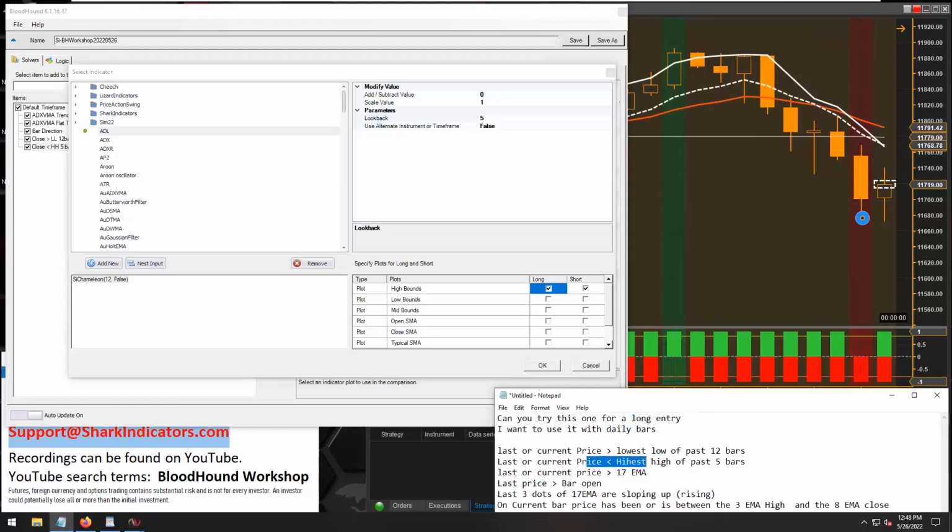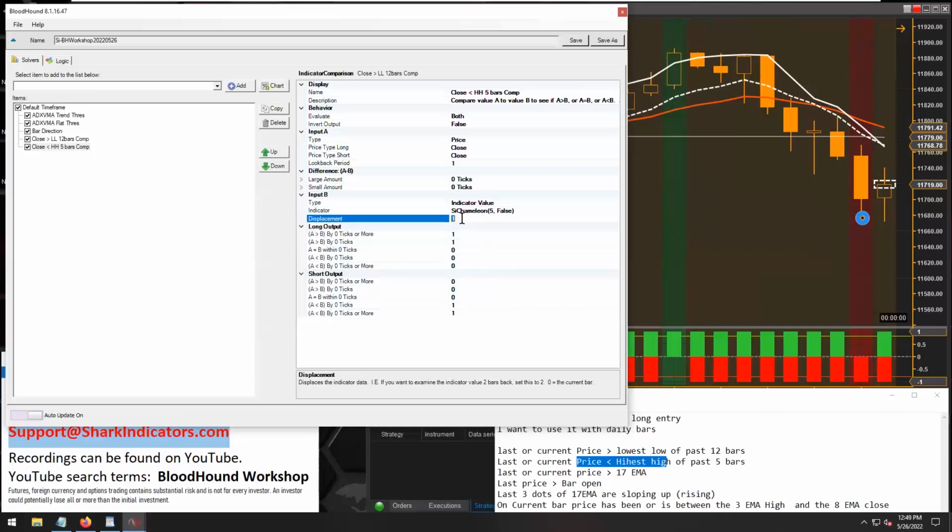So comparing the closing price to the highest highs is for building a long signal. So now we're going to use the high bounds for a long signal, and then the low prices for a short signal. Okay, so we have Chameleon adjusted,